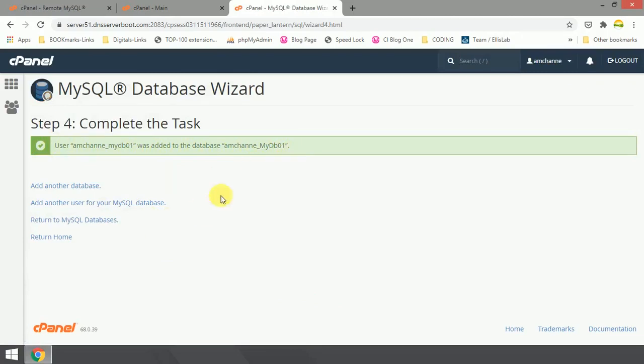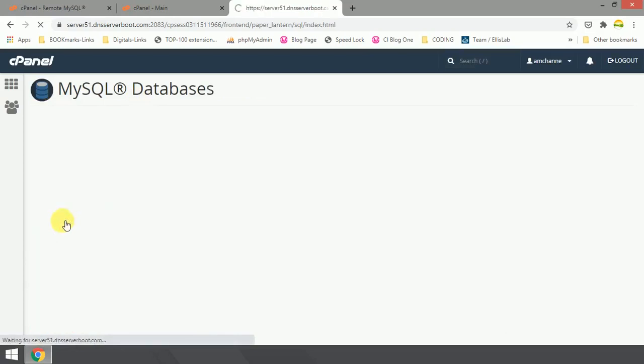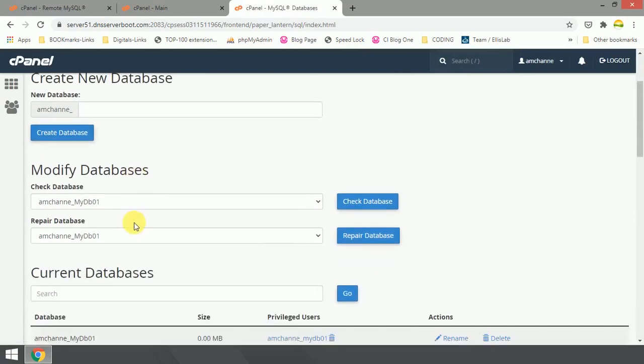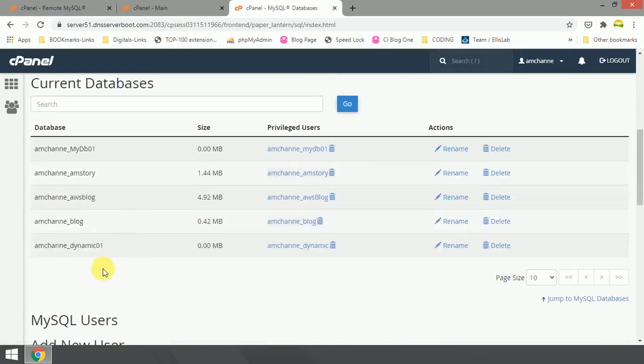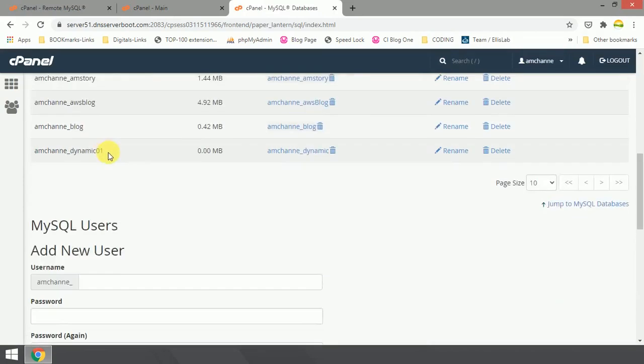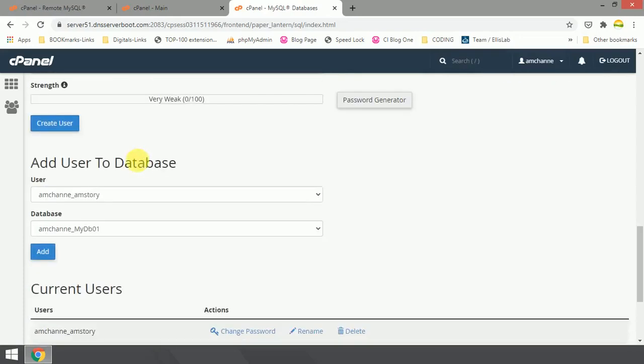So to check this database and my user, I will click on return to MySQL databases. Here I can see my currently added database, and here is my username. You can remove this user as well and assign a new user to this database from here itself.